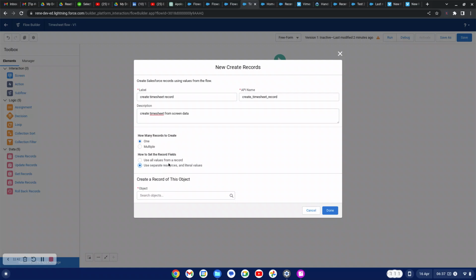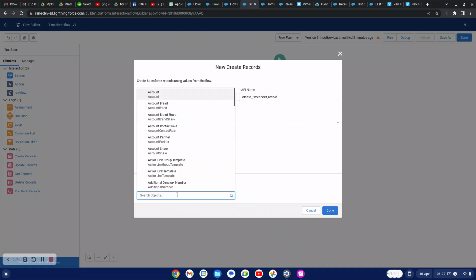We want to use separate resources and literal values. Our object here will be timesheet,